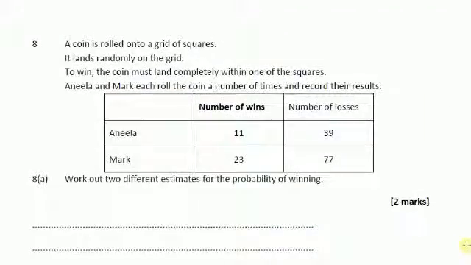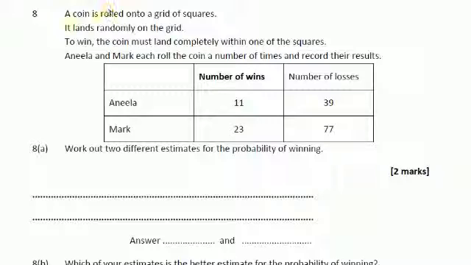Question 8. A coin is rolled onto a grid of squares. It lands randomly on the grid. To win, the coin must land completely within one of the squares. Anila and Mark each roll the coin a number of times and record their results. So we see the results of Anila: 11 wins, 39 losses, and Mark,